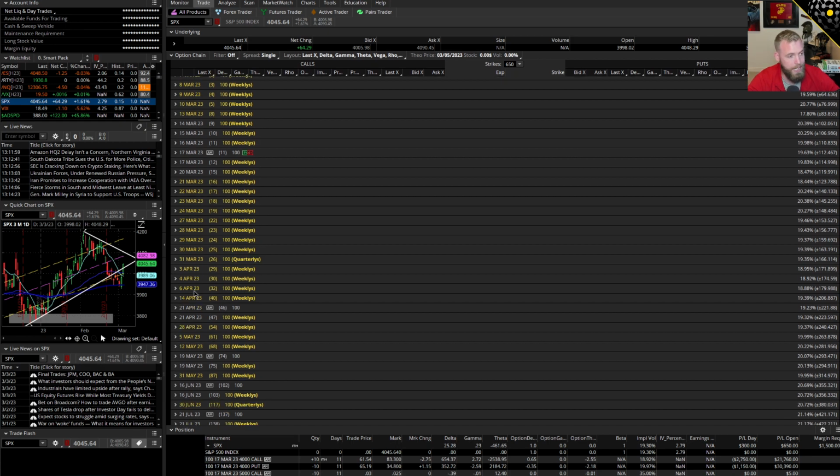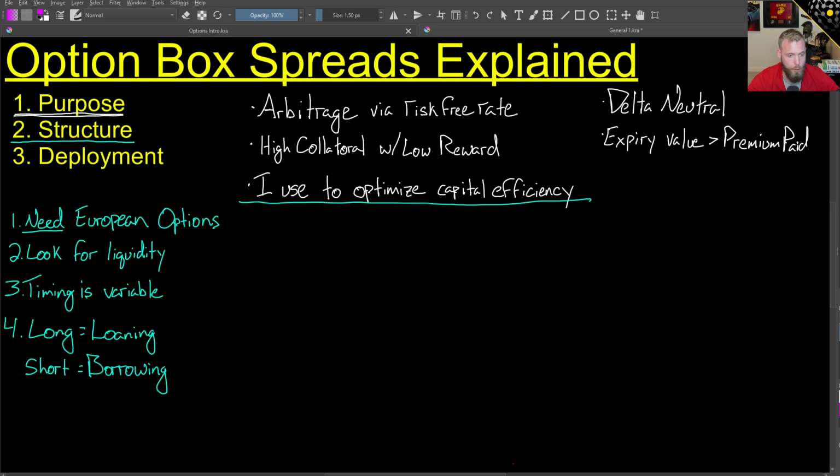But you got to make sure that it's liquid. So a lot of times you're going to find the best liquidity in the monthly expirations. That's just a function of where most people put their money, but you can essentially pick any time frame that you want. And that's actually one of the most important parts of the way that I deploy the strategy, is because it's typically slaved to a broader strategy that I'm using. And I need to be more careful about the timing of this because I need the capital to be available